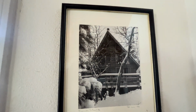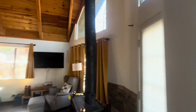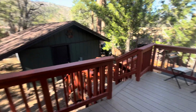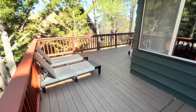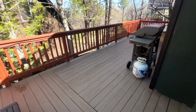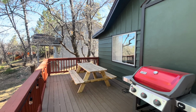This is fun, a great picture of the cabin. This was 1986. You can see that it does have that addition on there back in 1986. Pretty cool. I like that history. And then coming out, this is where you could enter into the master. You can see the decks are really hardy, great condition. Got a little barbecue over here with an outdoor table